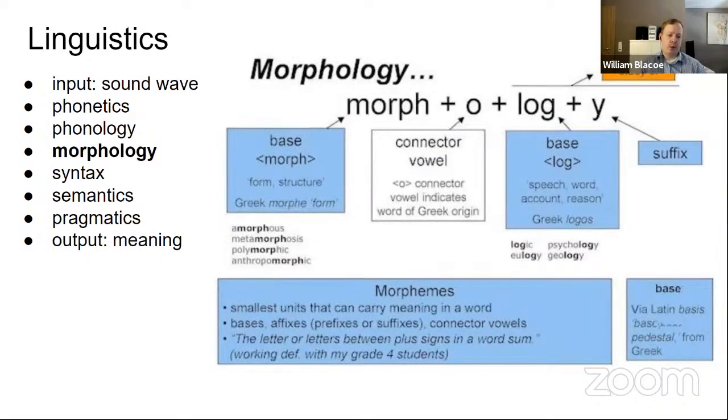Morphology is when sounds are put together. Well, we'll look at the next bigger unit, which is a morpheme. So the word morphology has 4 morphemes. Morph is Greek for form. Log is Greek for speech or word. Logy is Greek for the study of, like biology or psychology. And the O just connects the two, probably because it's easier to speak that way. And then these partial words each have their meaning and are put together to make the meaning of the whole word.